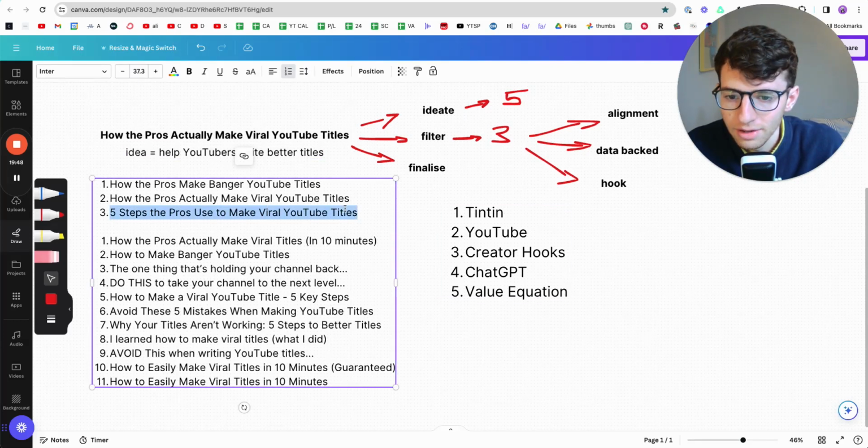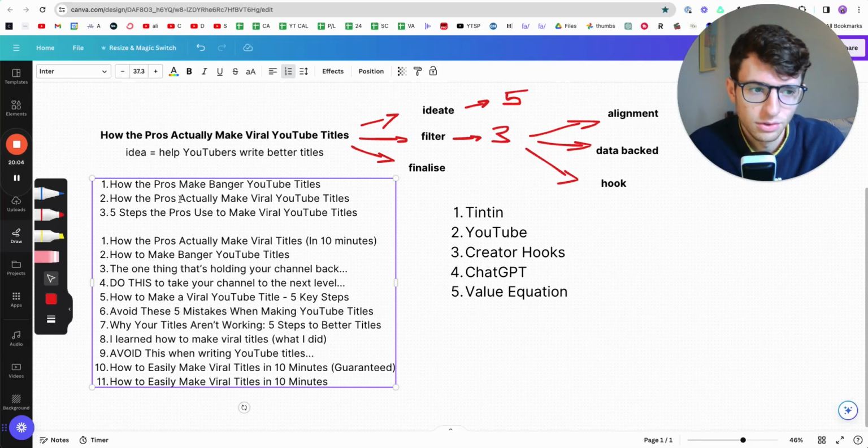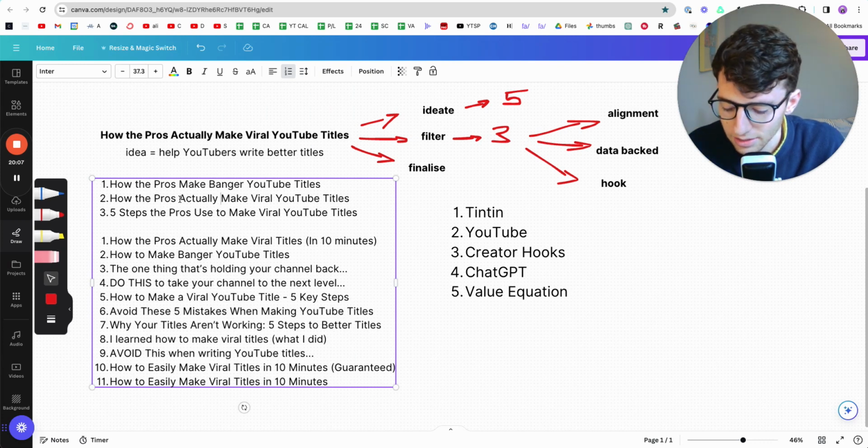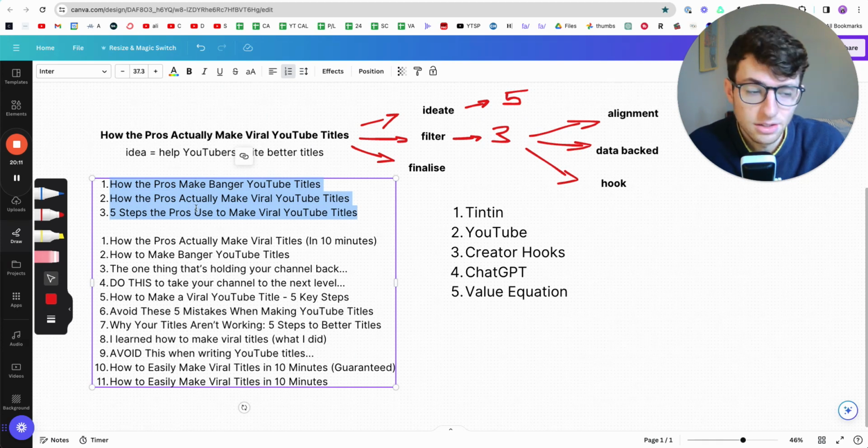Yeah. So I've now got these 3 filtered out, and I think they would all work. I think they could all be good. Why have I chosen number 2? I think this is down to my gut feeling and preference, and potentially, if I wanted to, some tests with either my audience or with friends I trusted, to try to get a bit of data on what might get someone to click.